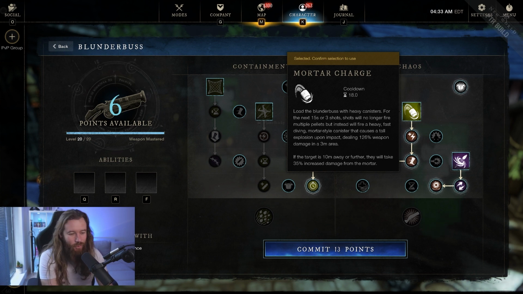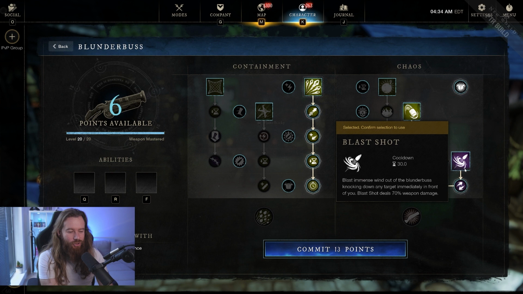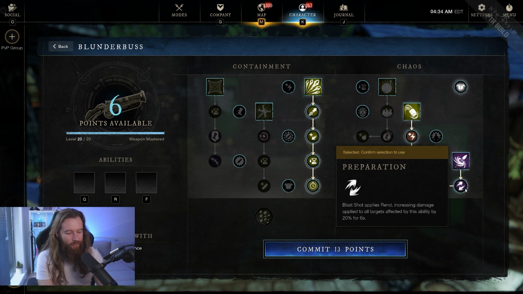This does 126 weapon damage in a 3-meter area. And if the target is 10 meters away, they will take 35% increased damage. It's brilliant. I upgraded that all the way. Then we have the Blast Shot. The Blast Shot essentially creates a wave in front of you and knocks people down. If you upgrade this, it gives people a...